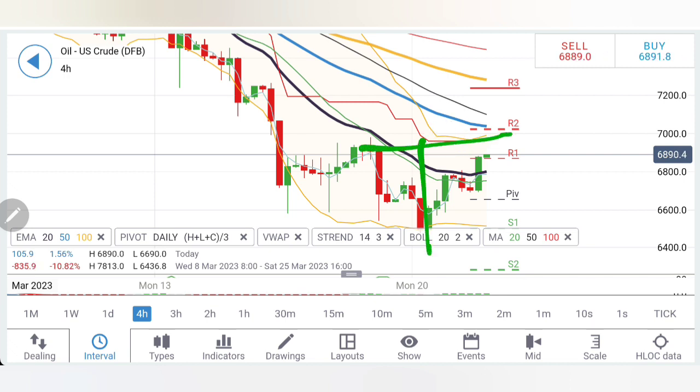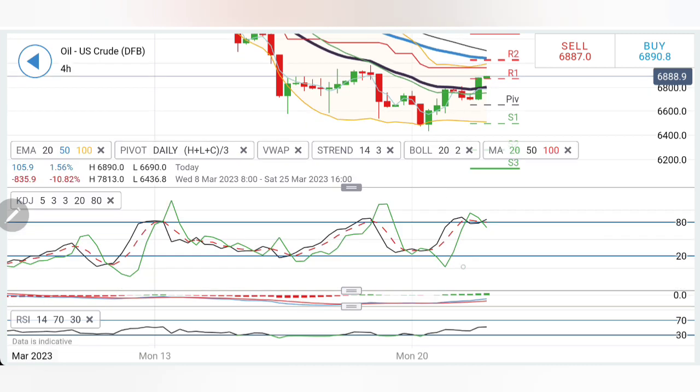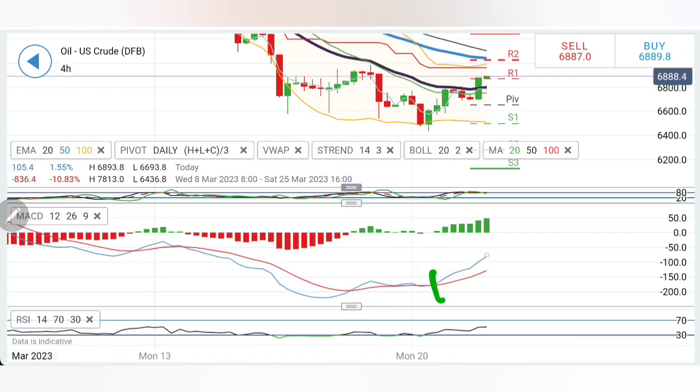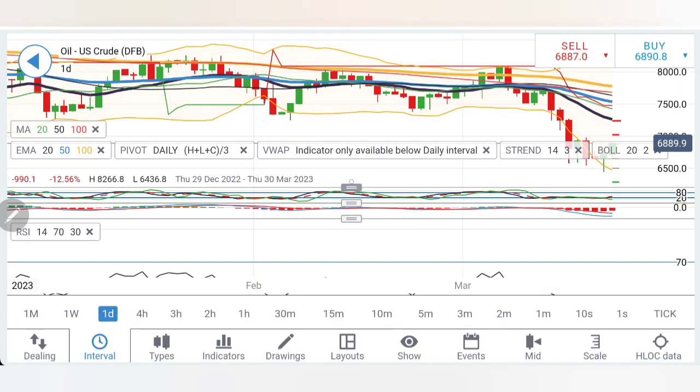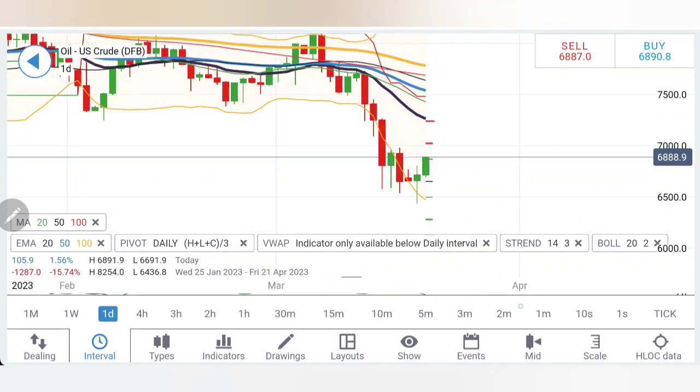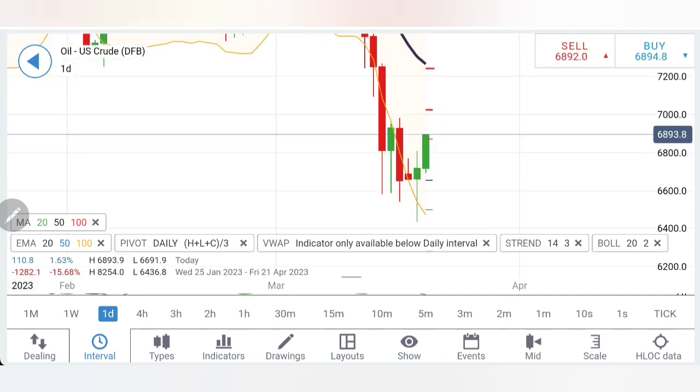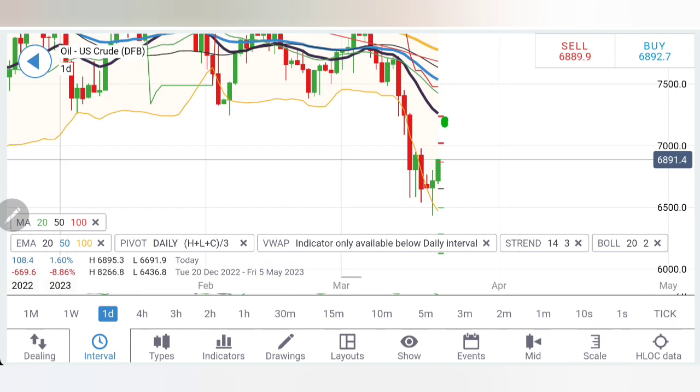So yes, this complete movement can try to achieve this. You can stay long above 69, expect 69.5, 69.8, and in fact it can break past 70 also. The stochastic overbought, MACD divergent and bullish looking up, RSI is also flat, and I'll show you one more important factor here. Now see on the daily charts, yes, it is trying to reverse. However, higher lows are done, lower highs, which means it is already passed by. Certainly more bullishness can be seen, and this time it can break 70, and in fact I am looking forward